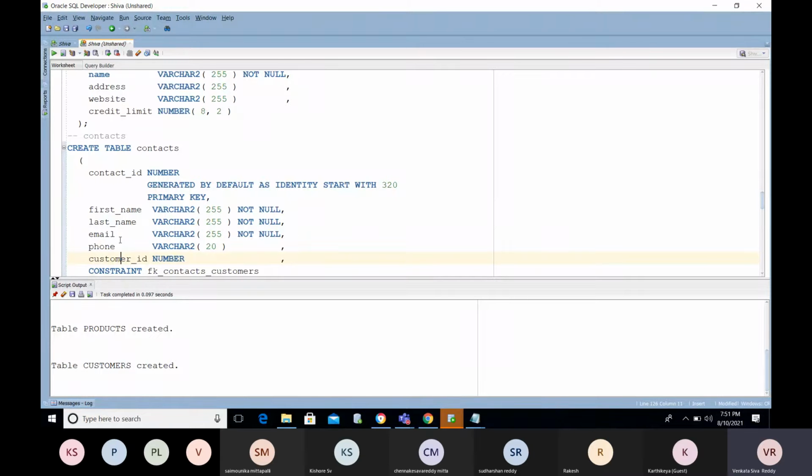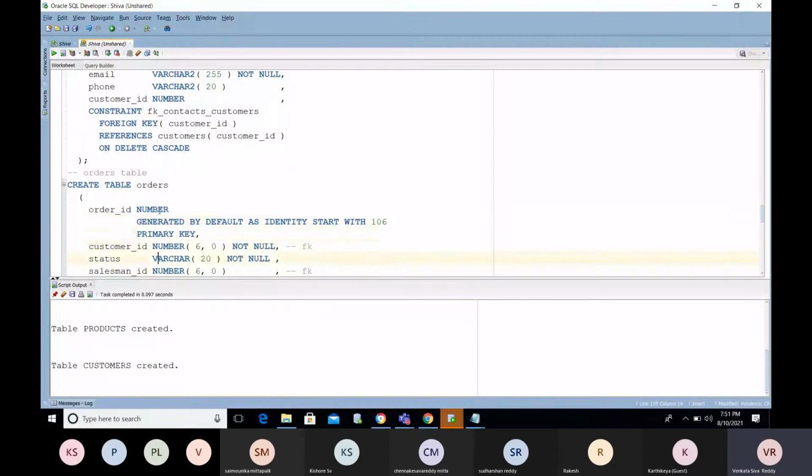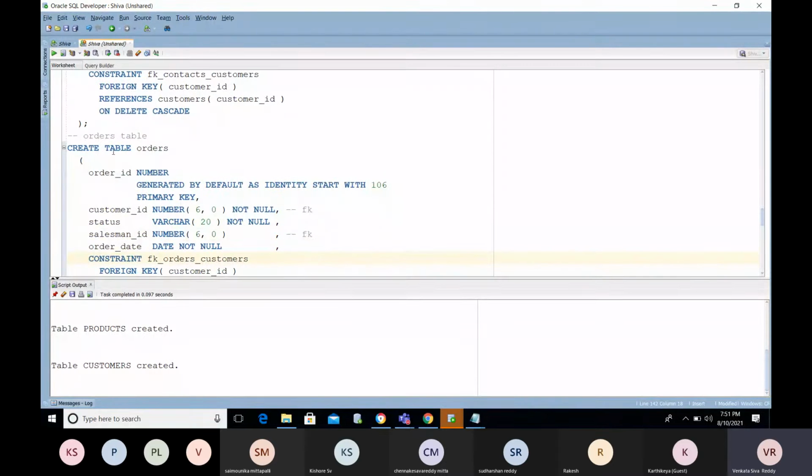Those people will request you to kindly provide your mobile number nowadays. Got it? Based on the mobile number, they can track that you are an existing customer, or they can provide you a customer ID. Okay, how many orders are we getting? We need to track the orders we have and all those things.